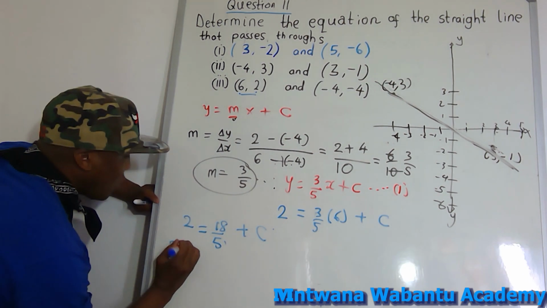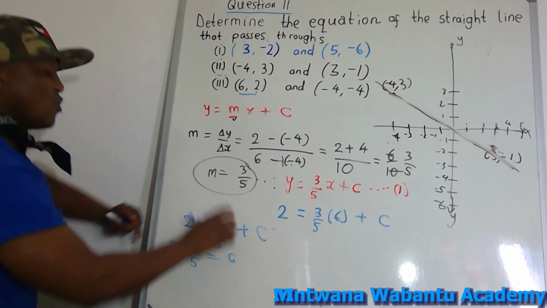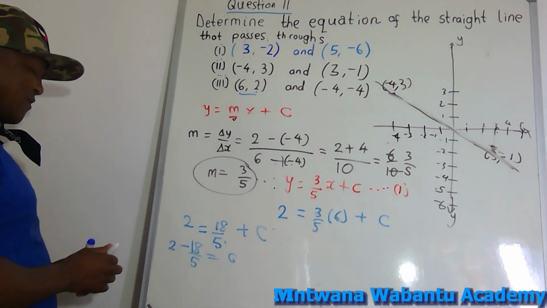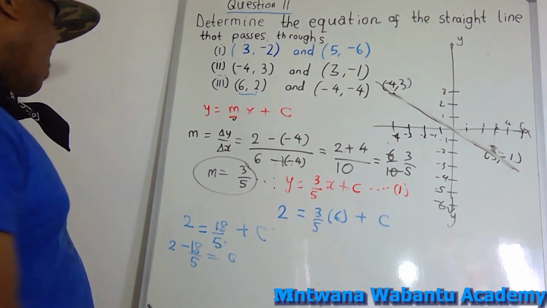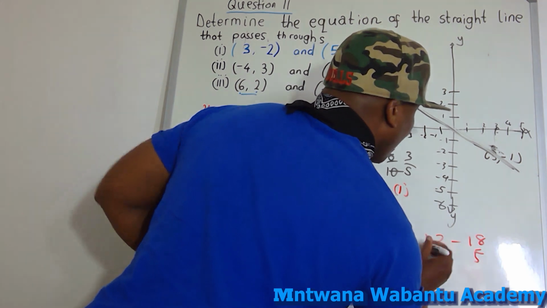So this is going to be 2 minus, because this is positive 18 over 5, equal to c, because this one goes over. So 2 minus 18 over 5. You can use the calculator. So this is going to be